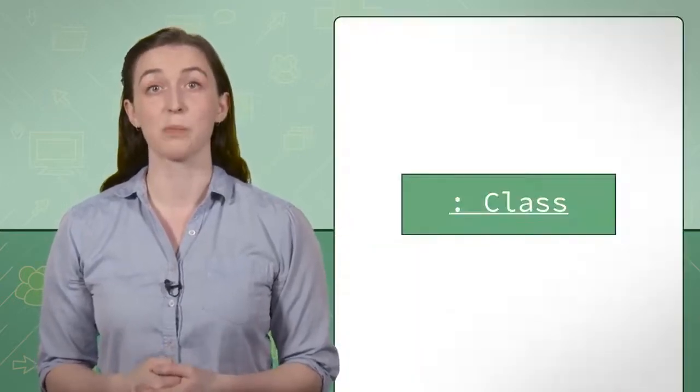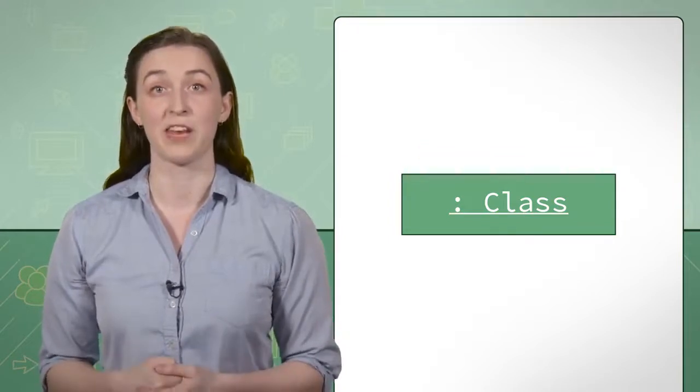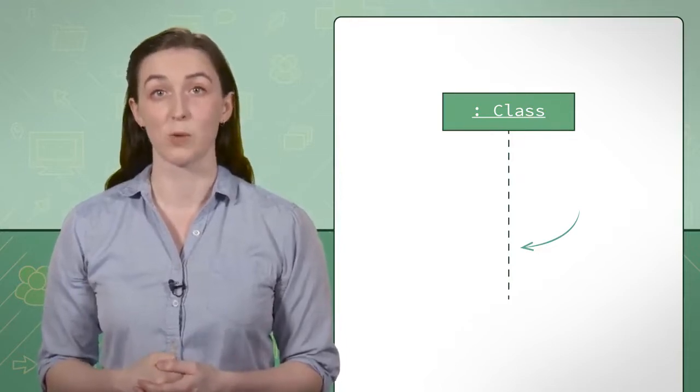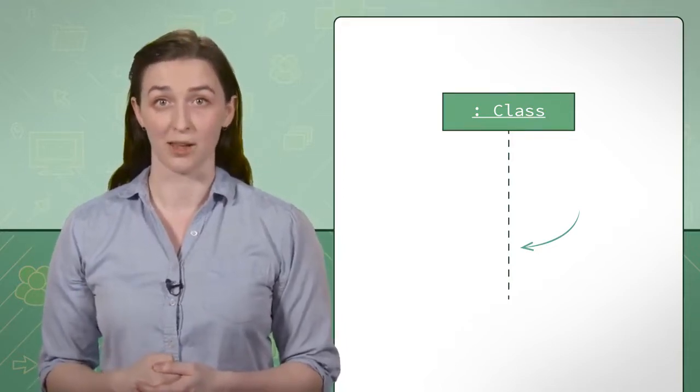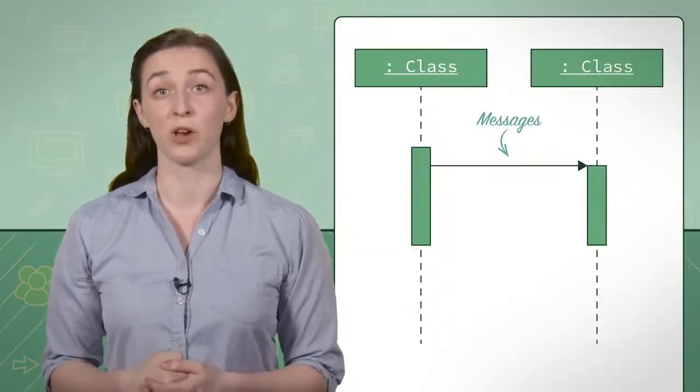I will describe the different components of a sequence diagram first, then later I will elaborate more on how to put it all together. When creating sequence diagrams, first you use a box to represent a role played by an object. The role is typically labeled by the name of the class for the object. Second, you use vertical dotted lines, known as lifelines, to represent an object as time passes by. Finally, you use arrows to show messages that are sent from one object to another.